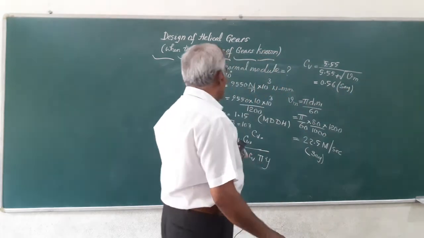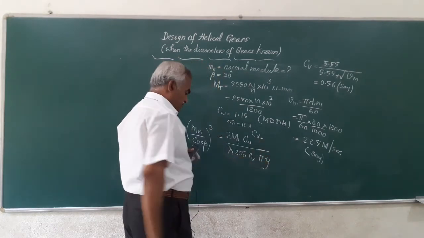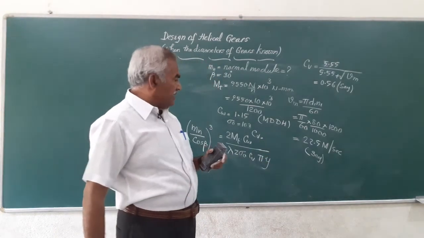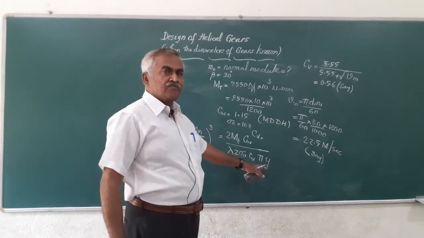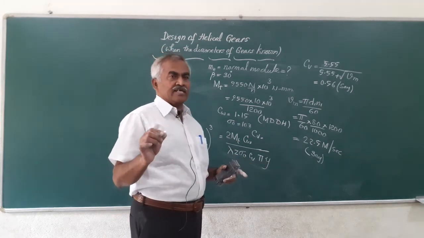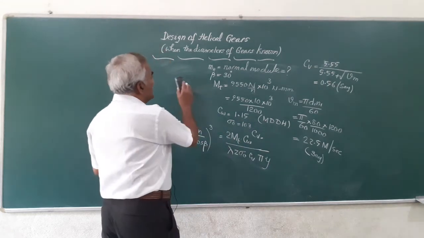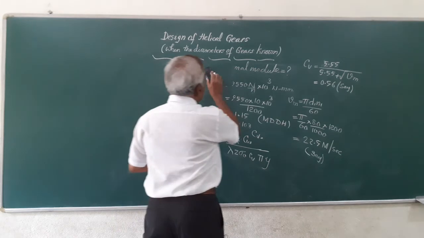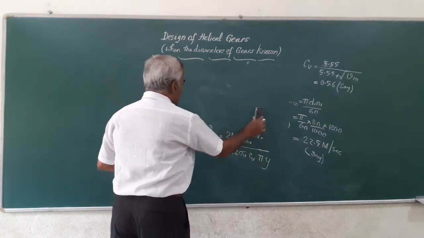So friends, we have found out all these values, and then we are left with this y. Friends, whenever the diameters of the gears are known, this value of y, which is dependent on z, is to be retained as y. So I am going to keep y as y. So with all this substitution, friends, let us see what happens to this equation.